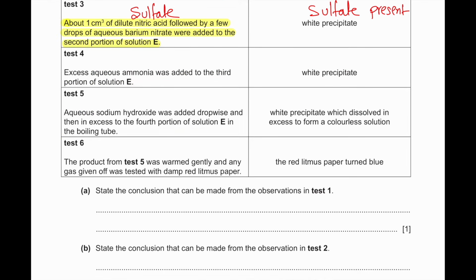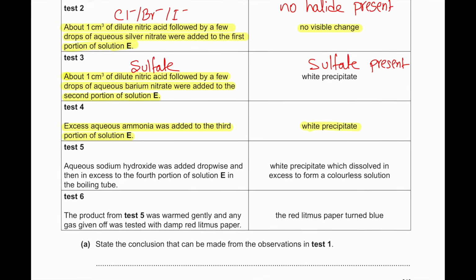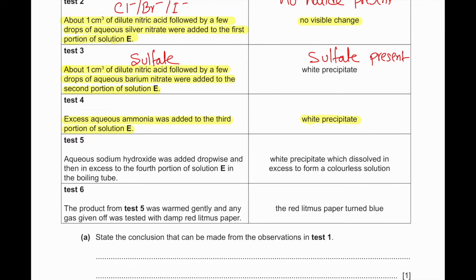Test 4. Excess aqueous ammonia was added to the third portion of solution E. Alright, so when excess ammonia was added, we can see white precipitate. Now, adding ammonia to a solution, if we see white precipitate, it can indicate, and then it says excess, we know there are three things that produce white precipitate with ammonia, that is aluminium,